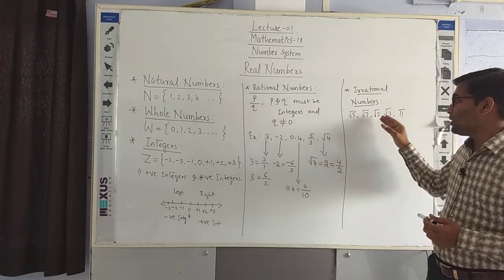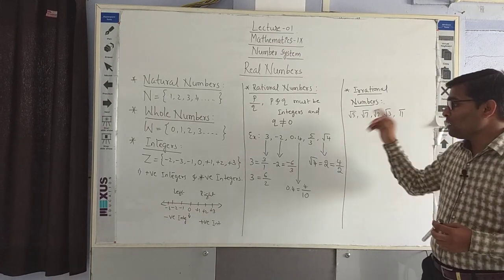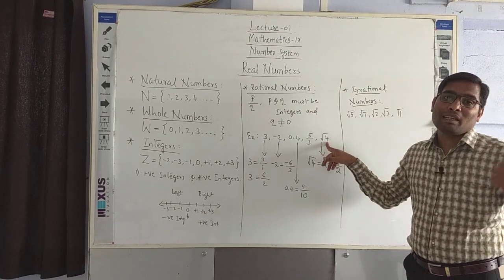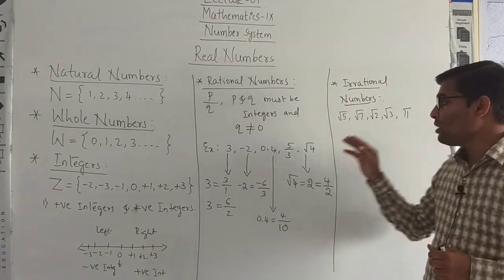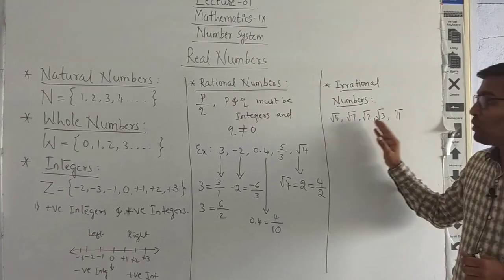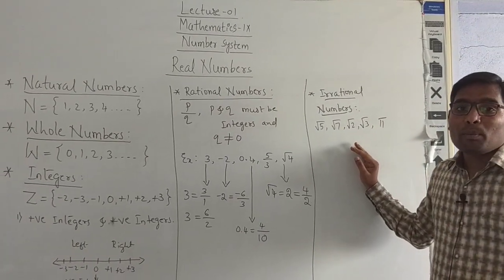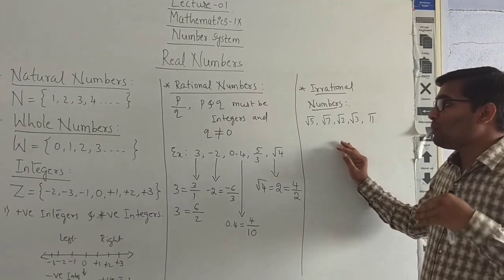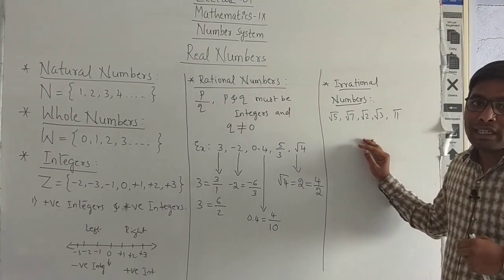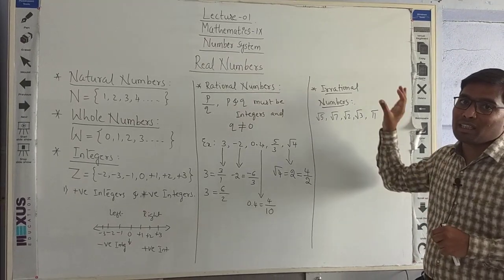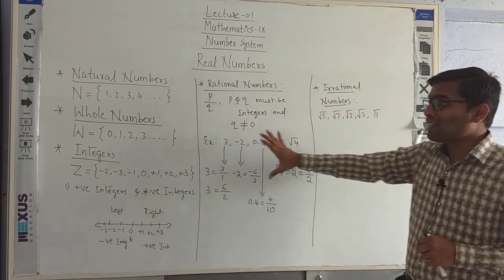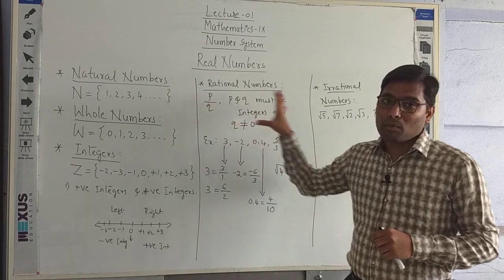Why are root 5, root 7, root 2, root 3 irrational numbers, and why is root 4 a rational number? Root 4 is a perfect square, therefore it is a rational number. Root 5, root 7, root 3, root 2 are not perfect squares, therefore they cannot be written in the form of integers, so these are irrational numbers. And pi is a standard number which is an example of an irrational number. So this is regarding the basic numbers which come